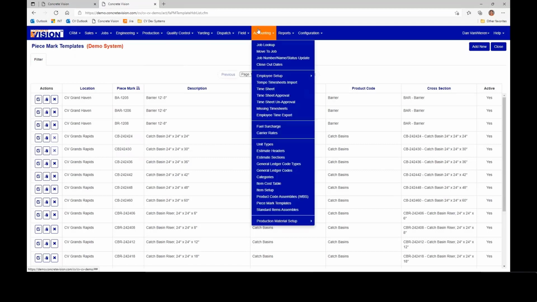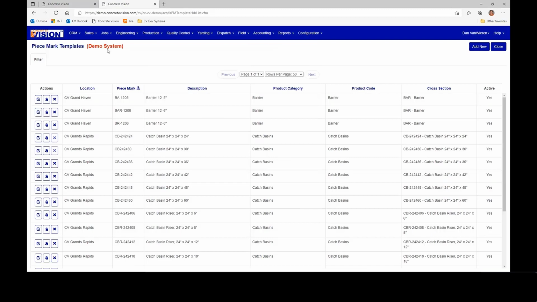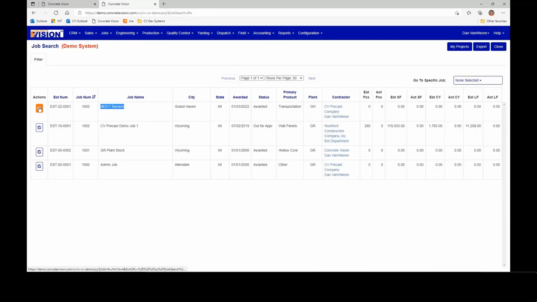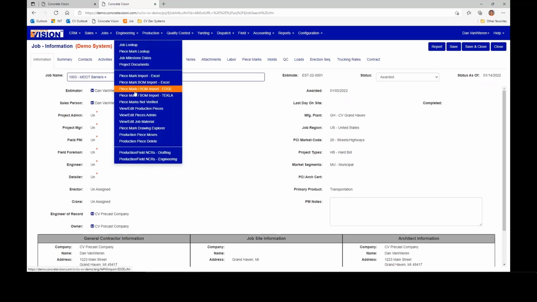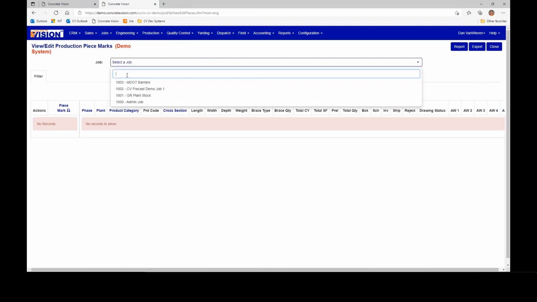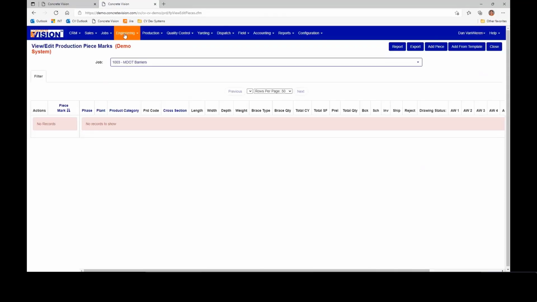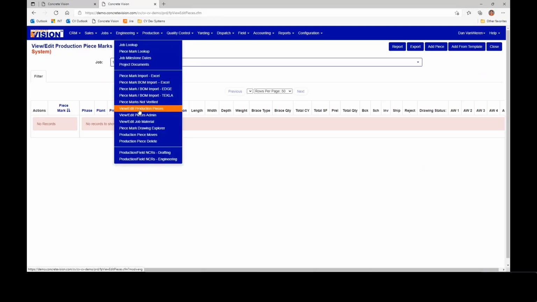The next part is where you're setting it up so that it can be copied into a job. So if I have an existing job out there, I can come in here. I have this barrier job that's been predefined. I can come into that job. Sorry, it's under View Edit Production Pieces. So this is something that your engineering